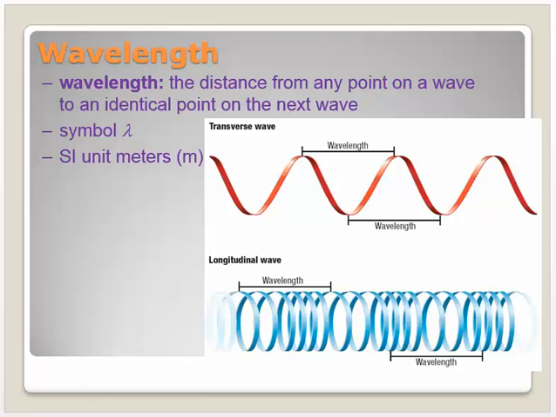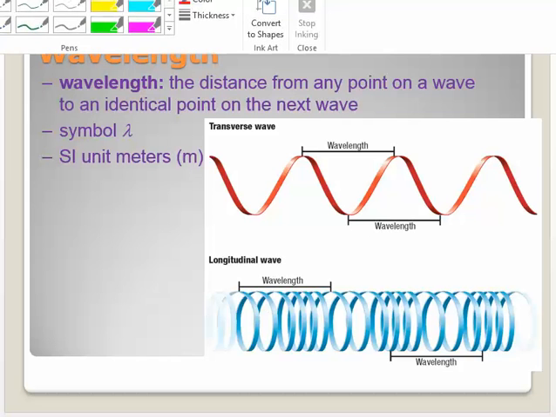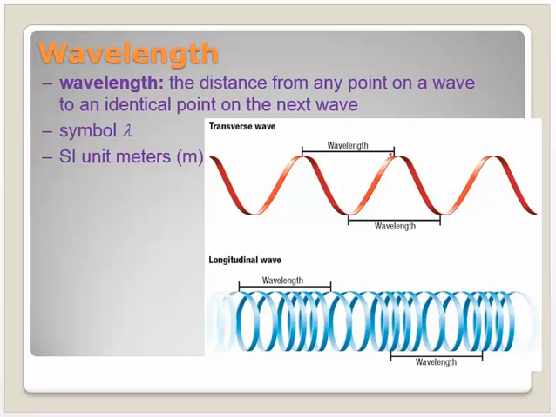The next thing we'll talk about then here is wavelength. Wavelength on a transverse wave, which is the top one, can be measured from crest to crest, from here to here, or from trough to trough. On a longitudinal wave, it can be measured from rarefaction to rarefaction or compression to compression. Those are all wavelengths. Again, we measure it in meters. One of the things that's hard for students to remember, a little key thing here, is the symbol is this phi.